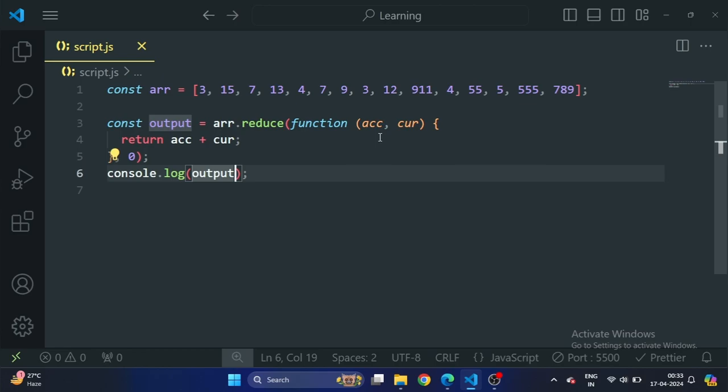The current value is the current number being processed, and the accumulator is the running total of the sum as you go through each number in the array. So in each step the accumulator holds the sum of all the numbers processed so far, and the current value is the next number in the array. Does that make sense?